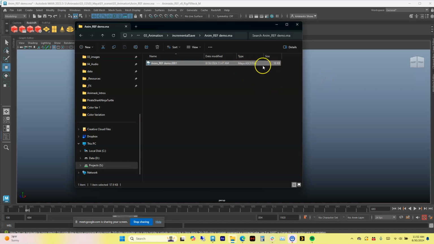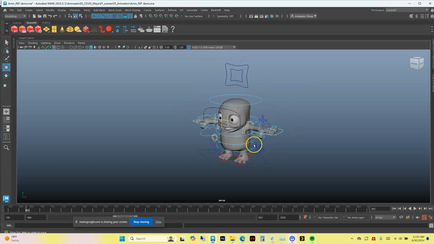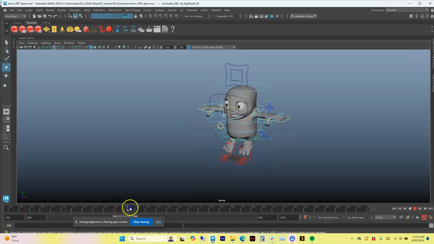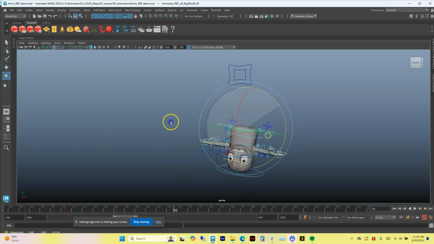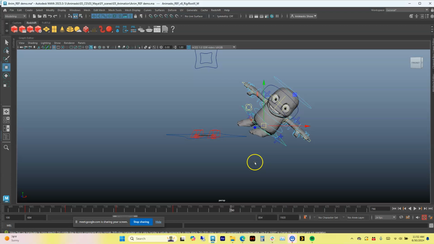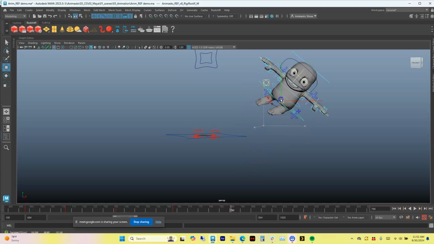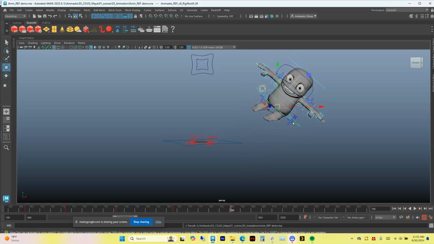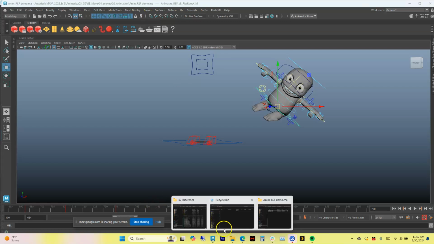So this was our first save, right? We did a jump. And then somehow in here, we're going to do a jump, and then he's going to do like a flip, flip, flip. And you're like, ah, I'm really happy with that one. I'm stoked. I'm going to save that too. Control S, right? So in our animation folder,